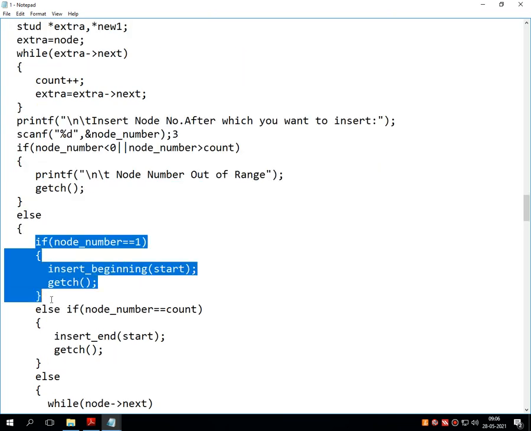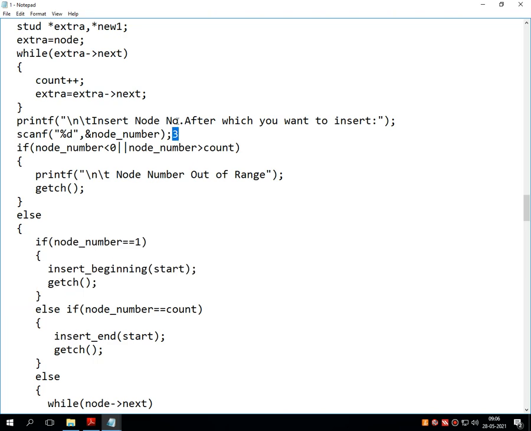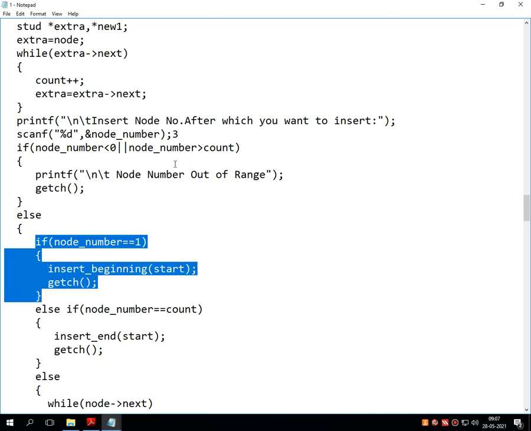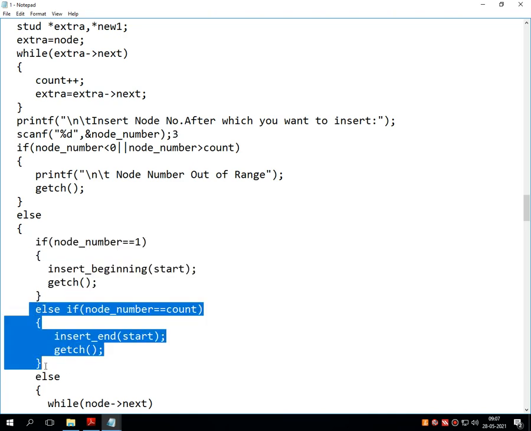Into the else statement, first it will check whether the user has entered 1 or not. No doubt I have entered 3, but suppose I had entered 1, then automatically it becomes insert at beginning. That function will be called over here and it adds the new node at the first position. See, this program is 99.9% dynamic. It automatically checks whether the user enters a choice suitable for inserting at beginning or insert at end. Suppose this condition is false for our 3. Then again it checks the second condition.